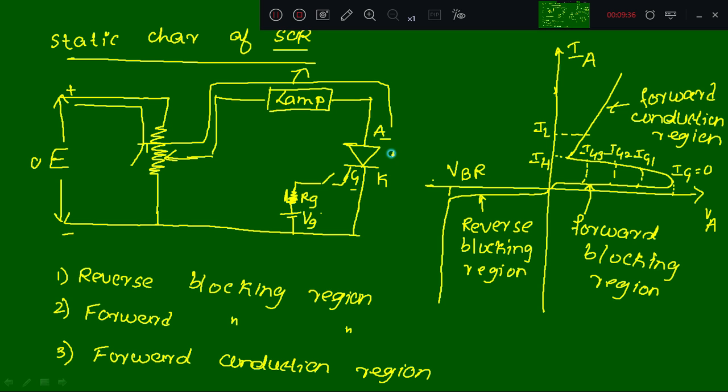This is open till you apply the gate. So no current is entering into the SCR, it will be open. It is not allowing the current to flow.